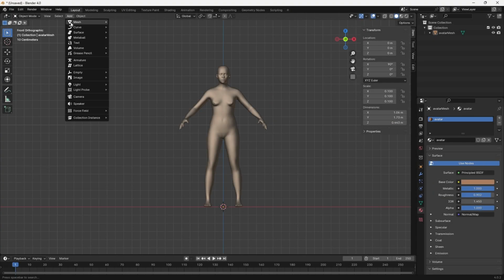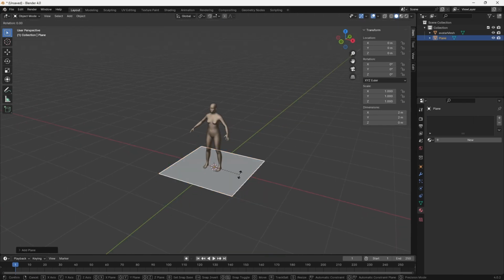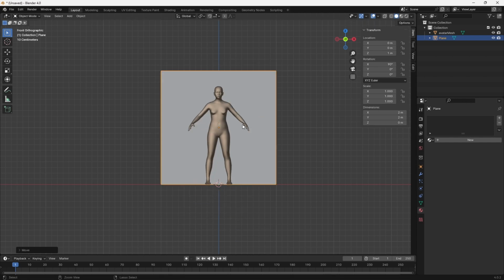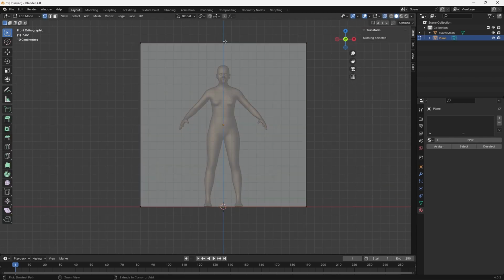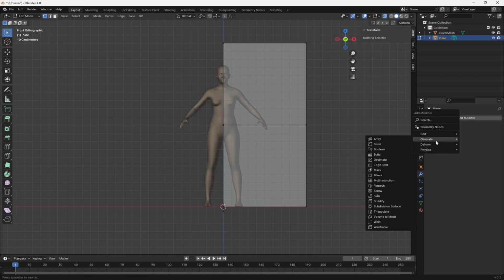Now, let's import our model into Blender and start setting up our cloth simulation. Add a plane mesh, rotate it 90 degrees along the X-axis and position it so it is centered in relation to our avatar. In Edit mode, apply a loop cut in the middle. Select the left side vertices and delete them. You can now apply a mirror modifier along the X-axis to save time by only having to work on the right side of the mesh.